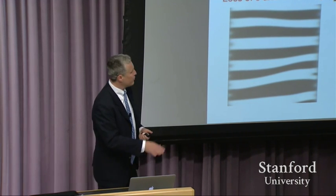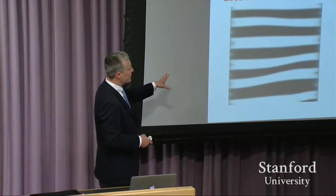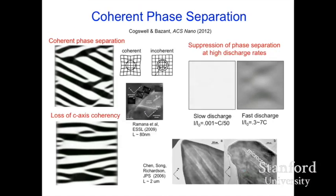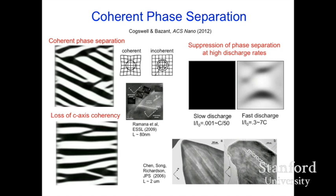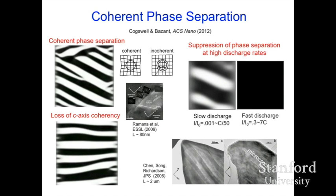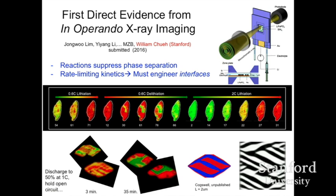Okay. So there's a lot more to say here, but these kind of summarize the theoretical work that I did. If you notice, the year of the paper is 2012. That was basically when this work was done. And then a number of years later, there's been some very beautiful experimental work right here at Stanford. And it's in fact the reason that I'm here on sabbatical this year to work with Professor William Chu, who's in the audience here. And his group has done some very beautiful imaging experiments on this material and others